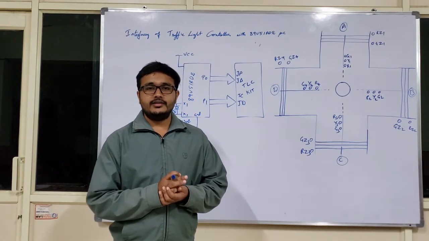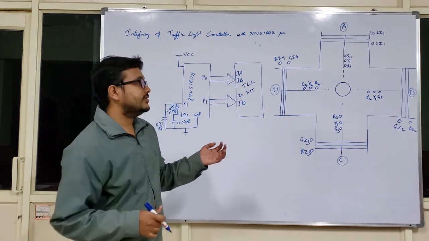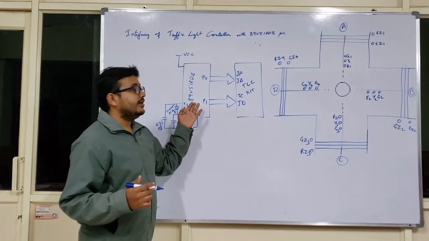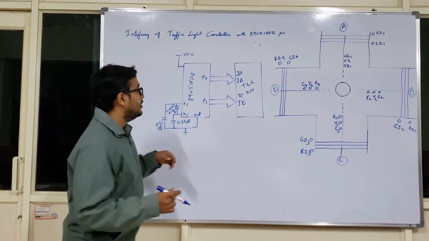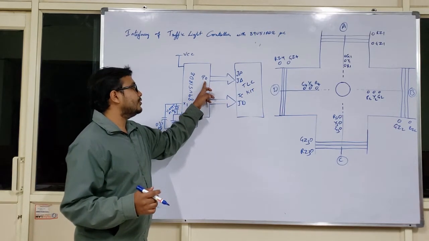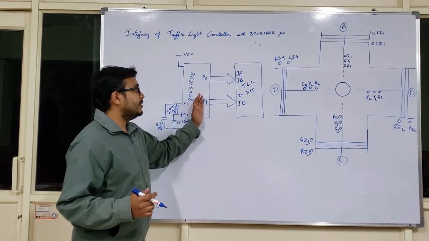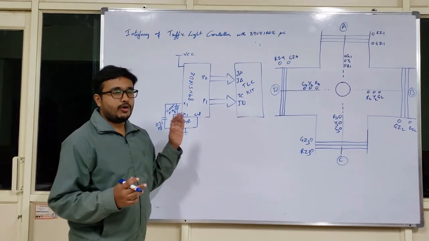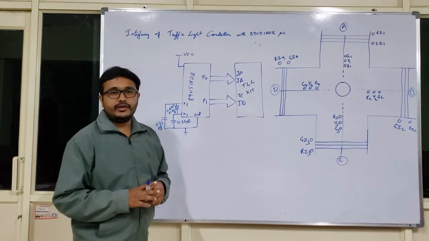Now, for today's discussion, we are having here a traffic light controller kit and how to interface this traffic light controller kit with the 89V51RD2 microcontroller. In this 8051 microcontroller, I have exclusively used ports P0 and P1. These P0 as well as P1 ports are interfaced with your TLC kit. That means among the 4 ports, I have used only 2 ports for interfacing with your traffic light